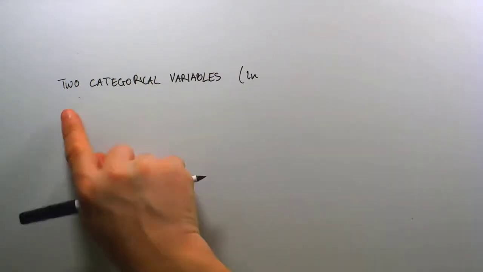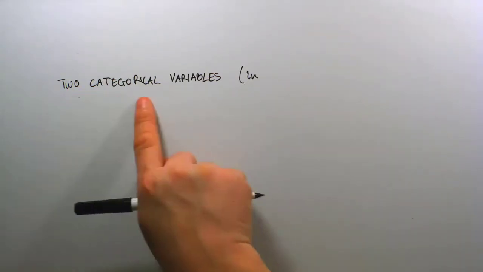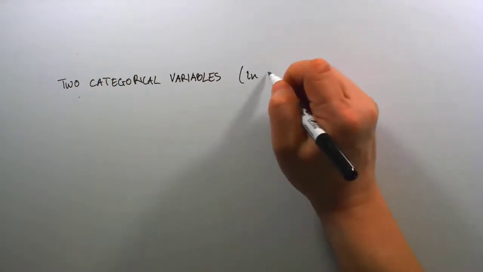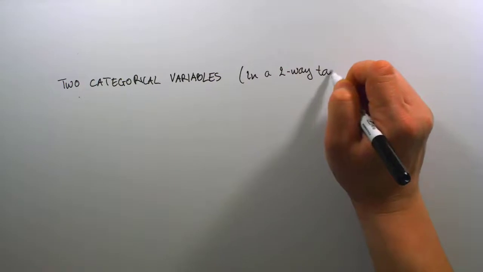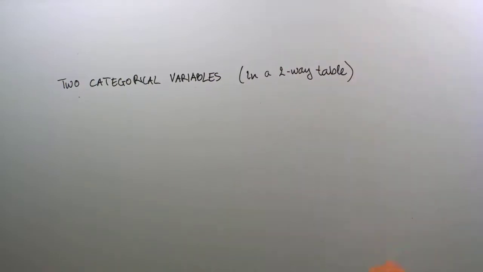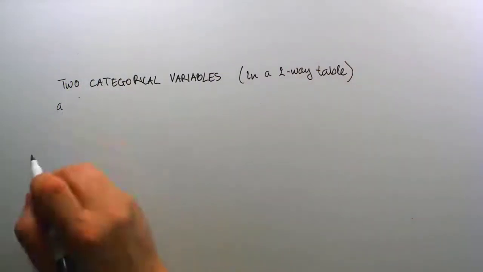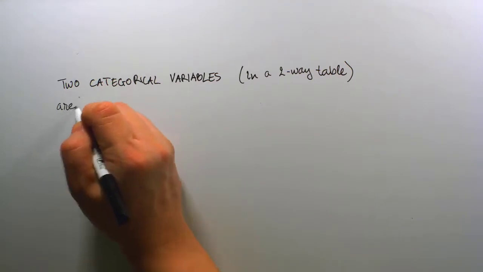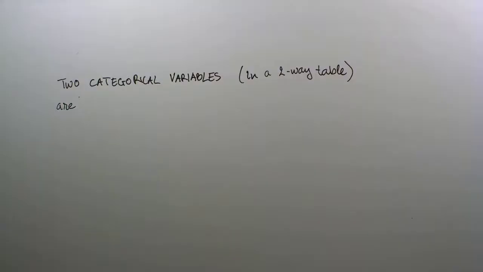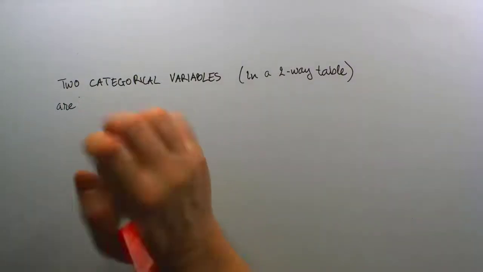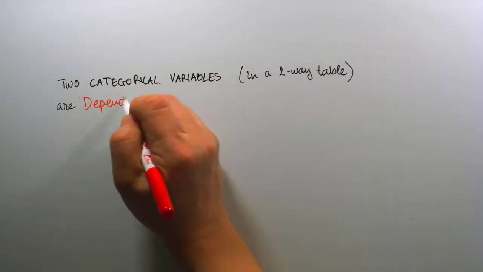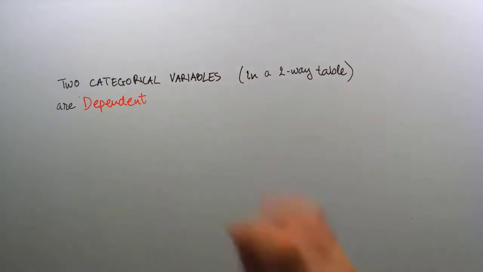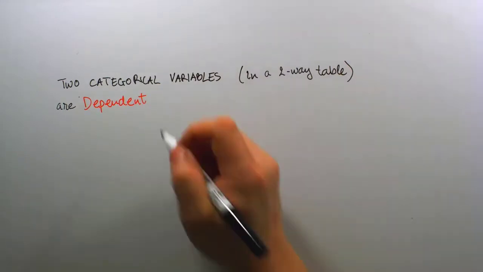So to be clear here, I'm going to say two categorical variables in a two-way table. Okay, so any two categorical variables are dependent. So the term I would like to first introduce: two categorical variables are dependent